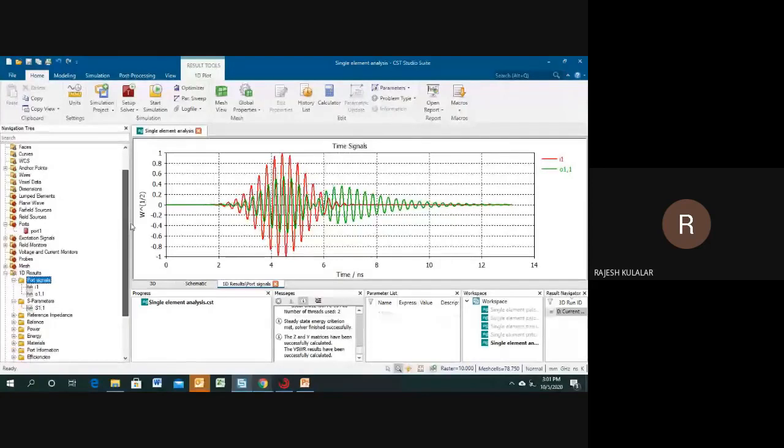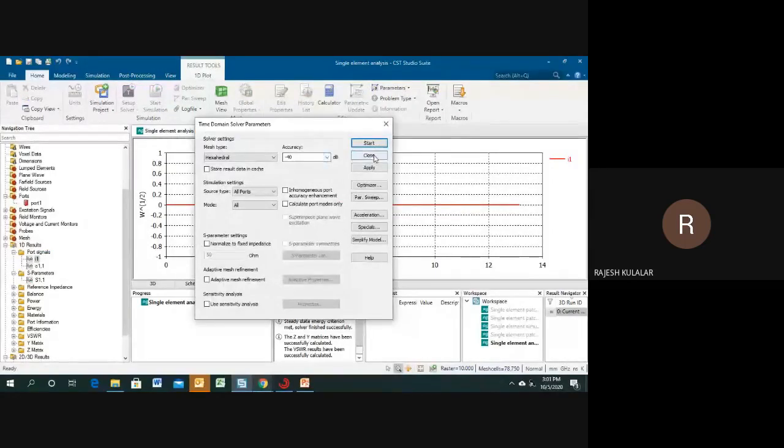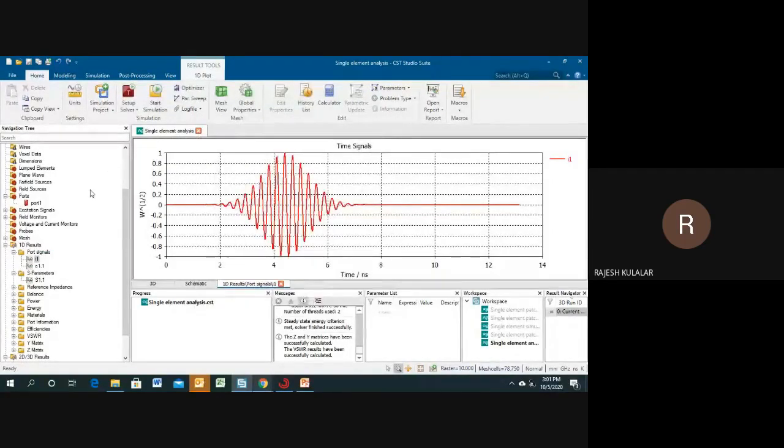If you have a problem in simulation, first you will check the port signals. Suppose you have defined minus 40 dB accuracy. At minus 40 dB accuracy, your port signal must be in steady state after some time.